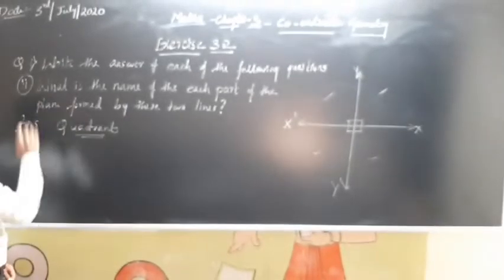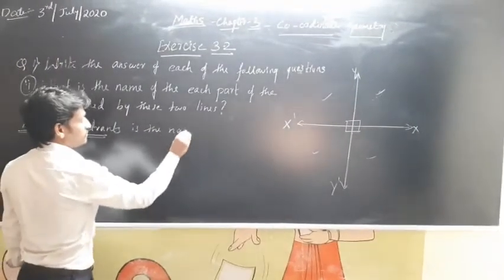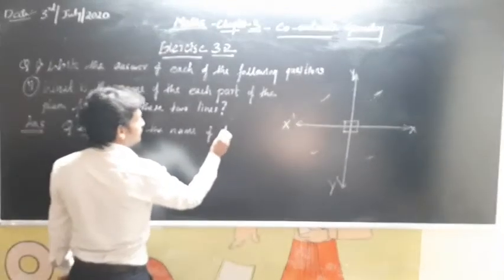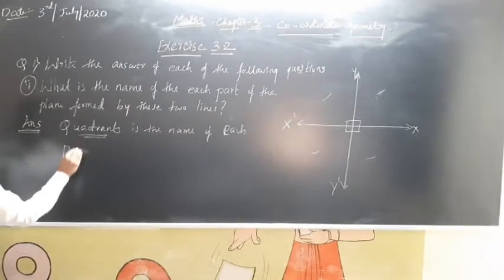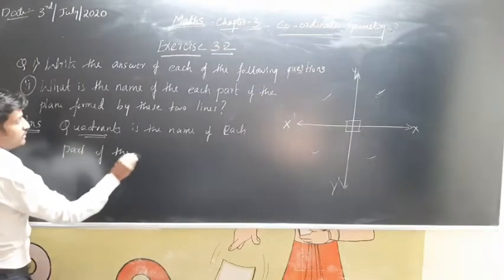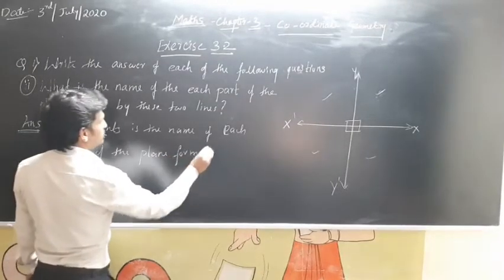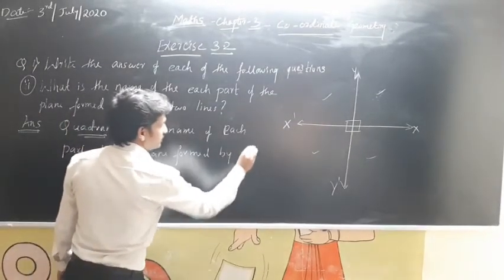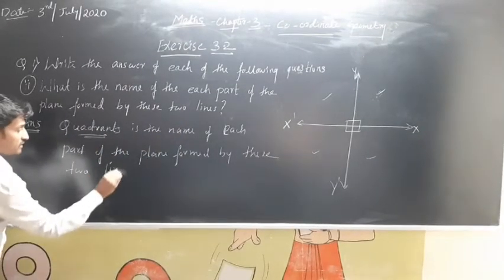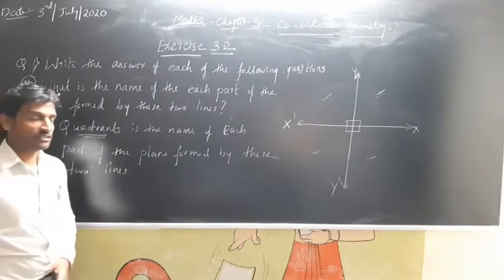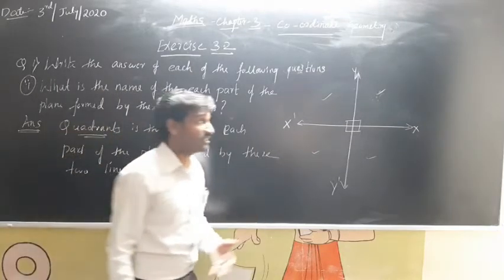Okay, so how to answer this one? Quadrant is the name of each part of the plane formed by these two lines. But if you want to specify it, this is